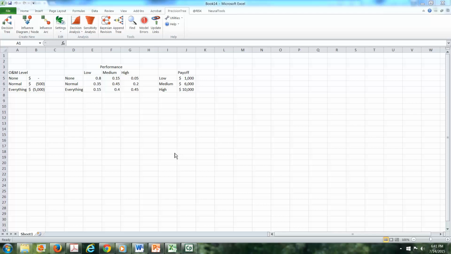In this video, we're going to look at the use of an influence diagram. This is a feature of the Precision Tree software that we haven't used yet. So in order to use it, I've set up a simple problem here, and let's take a look at the problem first. This is a simple issue where we have to make a decision about what level of operation and